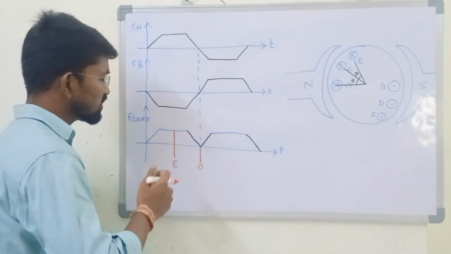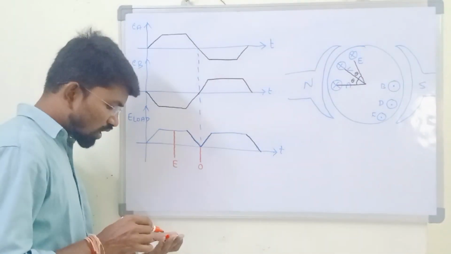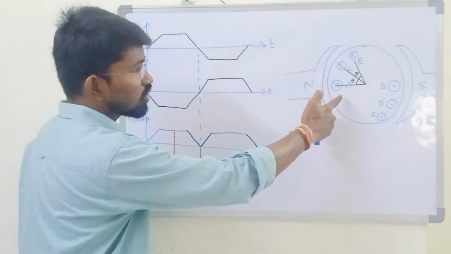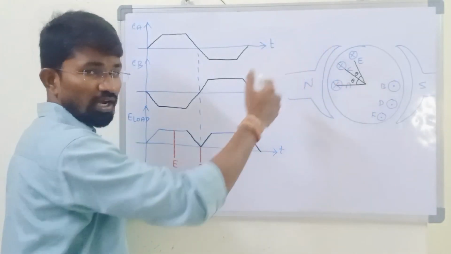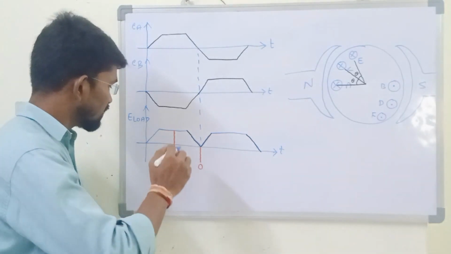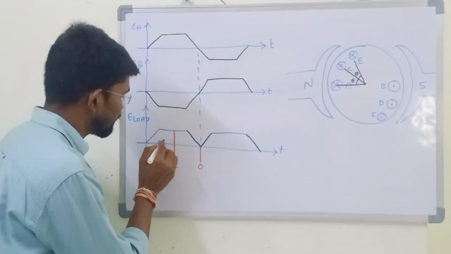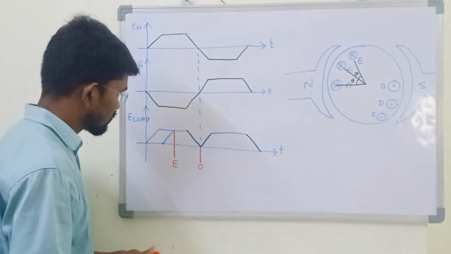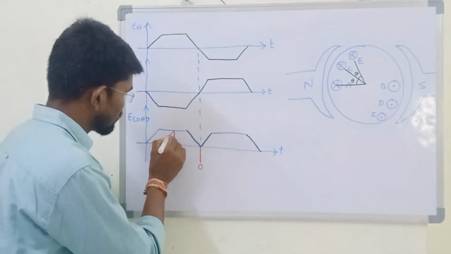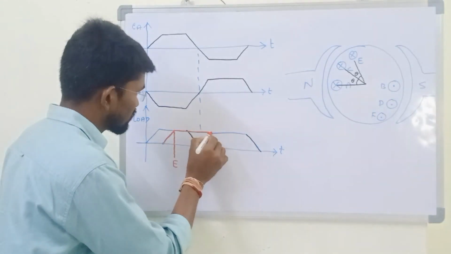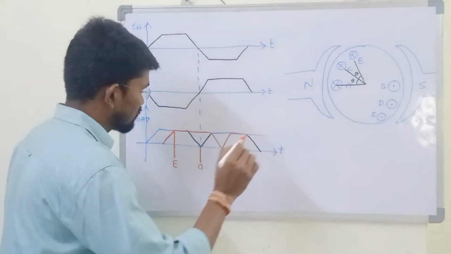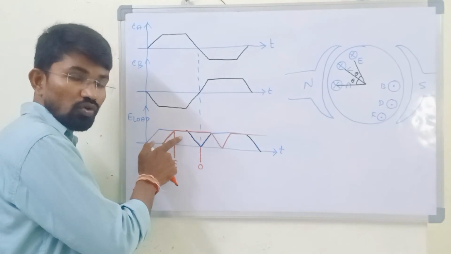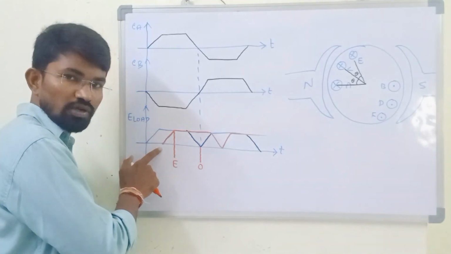Now, let us assume that we have two conductors or two coils. The machine is having two coils here. But when we take two coils, there is a phase angle difference between one coil and the next coil. Yes or no? Now, let me take that phase angle difference here. Now, the second coil voltage is overlapping the coil 1 voltage with a phase angle difference of theta.